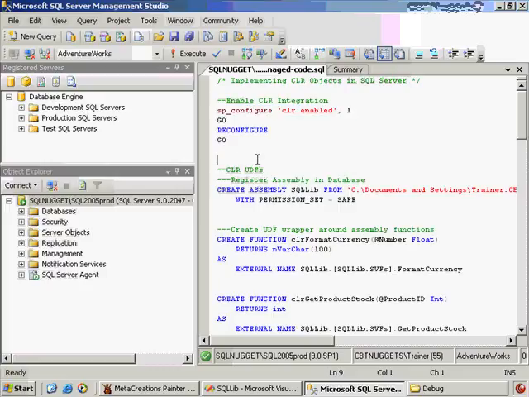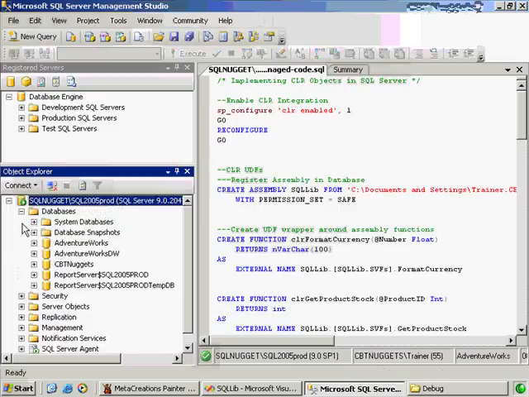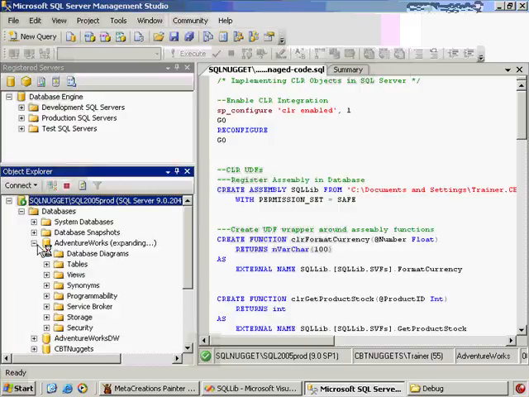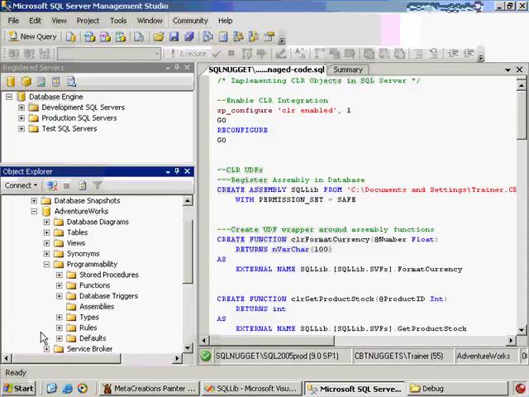So the next step is to get our assembly in here, get our DLL into our database so we can actually use it. There's a couple of ways to do it. You can do it in code here using the CREATE ASSEMBLY statement. I'll show you the interface way to do it first, and then when we update our assembly, which we'll do when we recompile it because we have stored procedures to do, I'll show you how to do that in code. So what we do here is we come into our database, we go down to Programmability, down to Assemblies, and you can see there's no assemblies in here right now. To get one in here, we just simply right click on it, choose New Assembly,